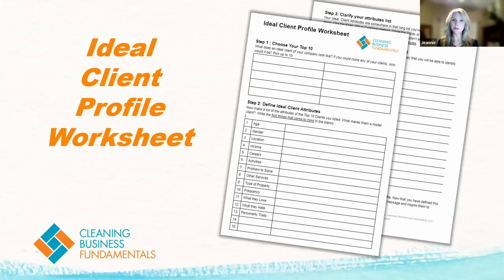You want clients who are positive, friendly, generous, right? They're going to leave a tip for your team member. So what are some of those traits? Once you know all of this, you can fill in those lines. And then you want to clarify your attributes list so that you are whittling down those words, so you don't have quite so many words in your attributes list, and then be able to paint the picture of your ideal client.